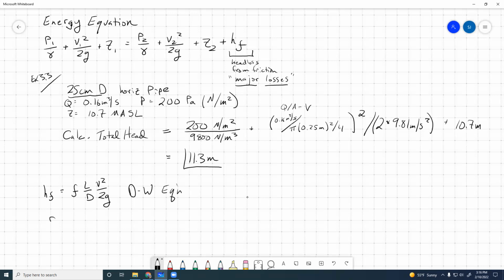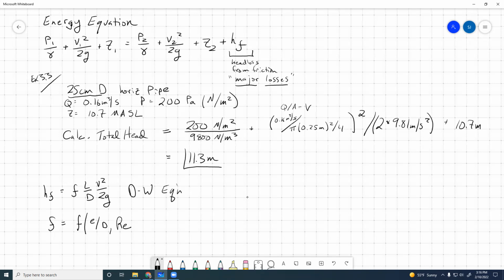And we use the Moody diagram to find our friction factor. So f is a function of the relative roughness height, e over D. This is the actual measurement of the roughness elements inside a pipe. When we look that up in a table, we divide by the diameter of the pipe,